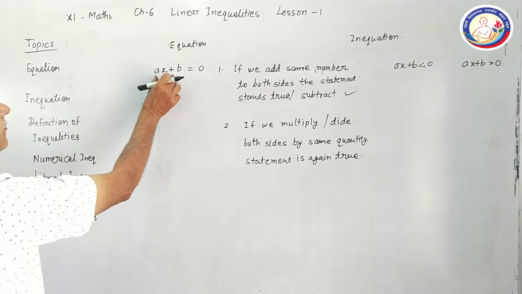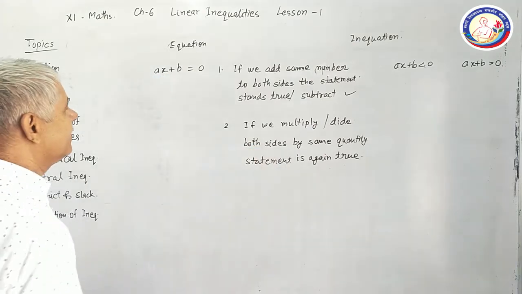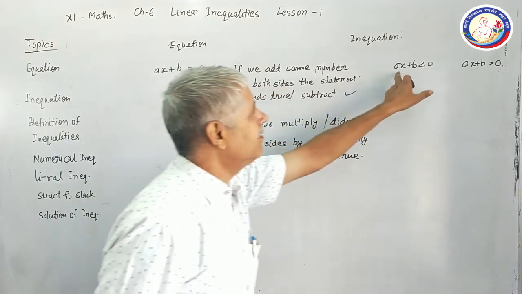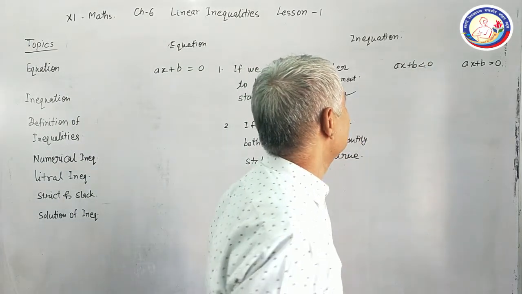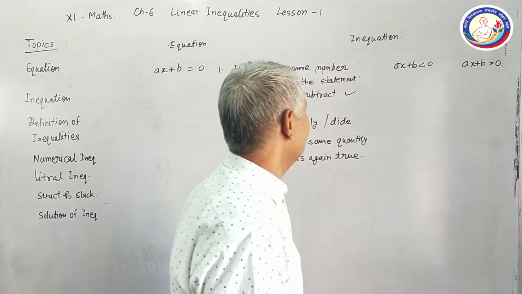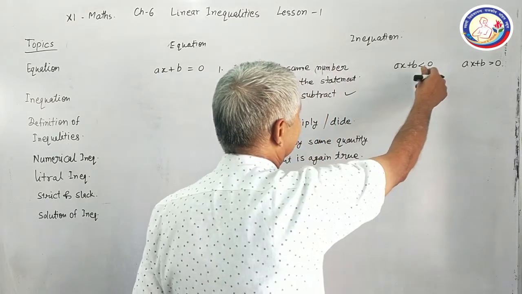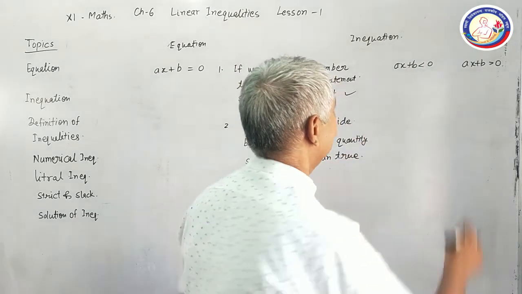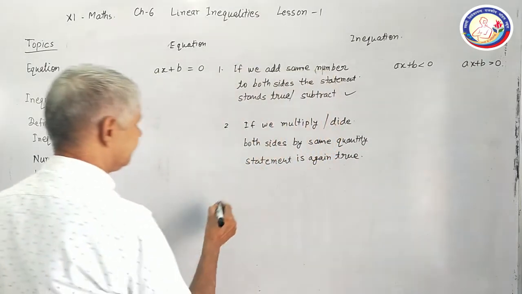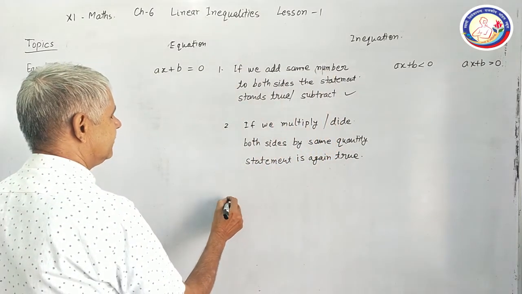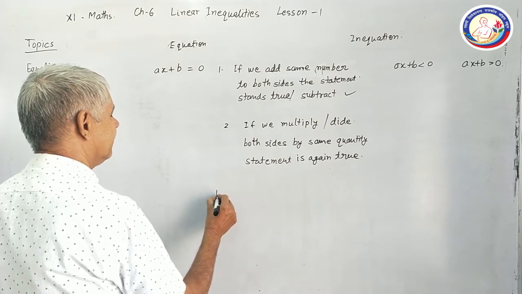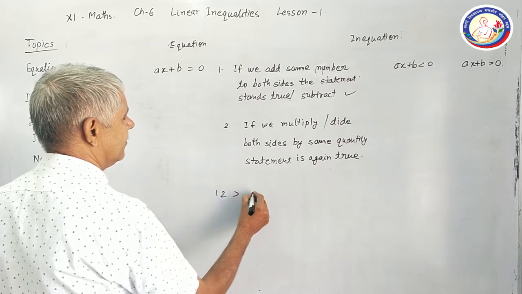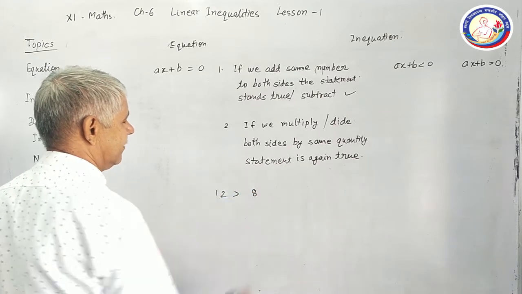if we divide two equal numbers by the same number, we will get an equal quotient. Now here what about this? Here also this result prevails. So we can divide both sides of an equation by the same number. Let us check. We are checking for this. Say there is a relation 12 is greater than 8.